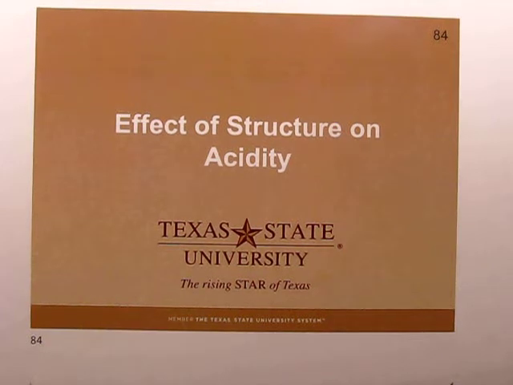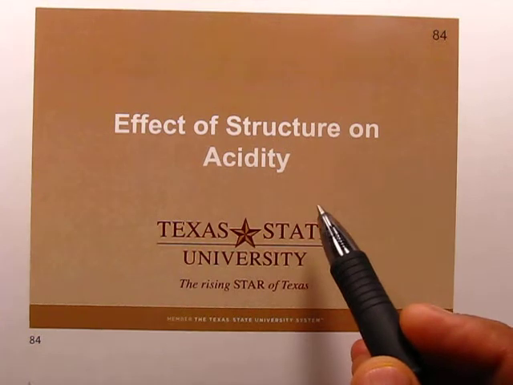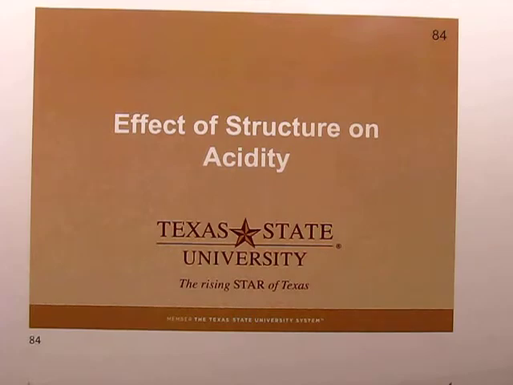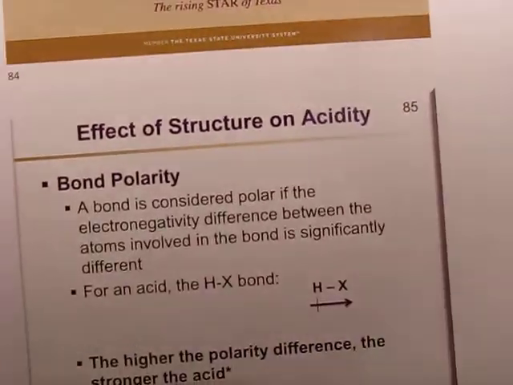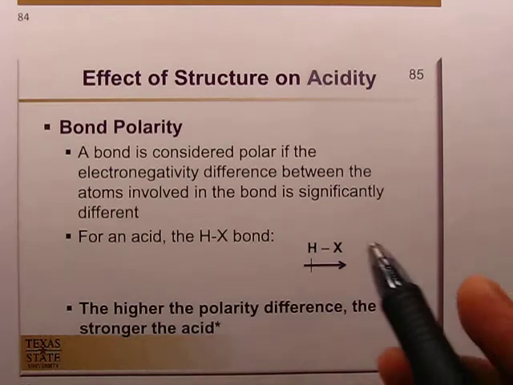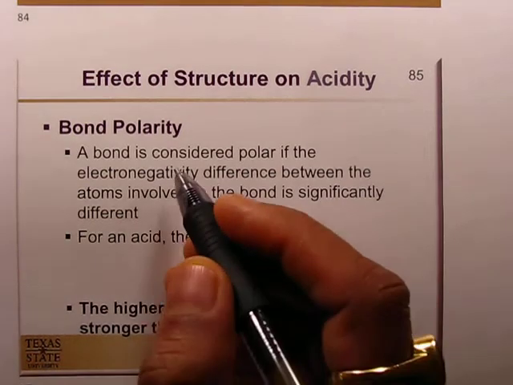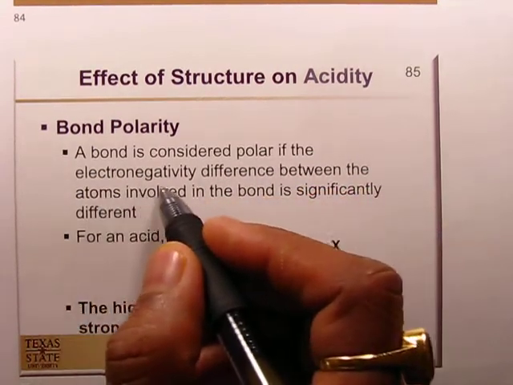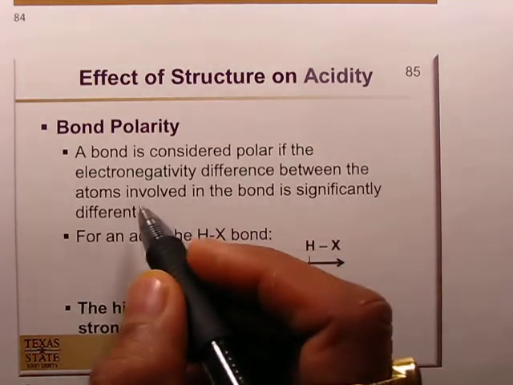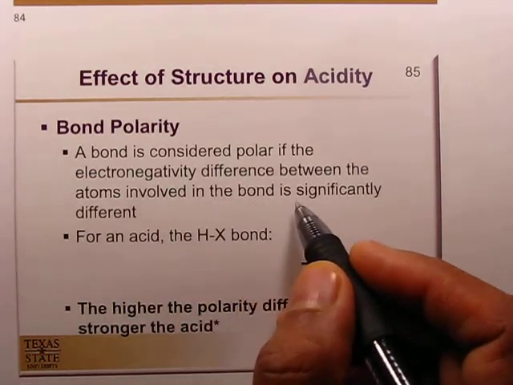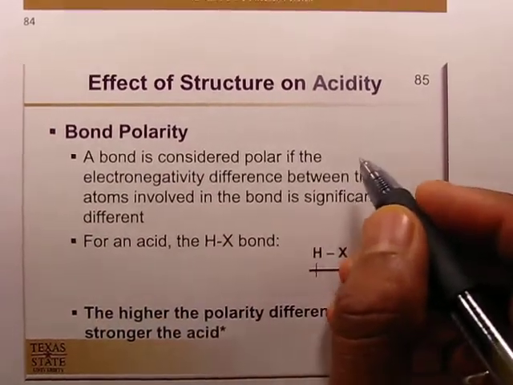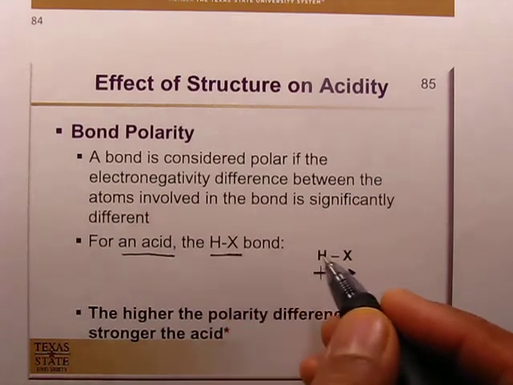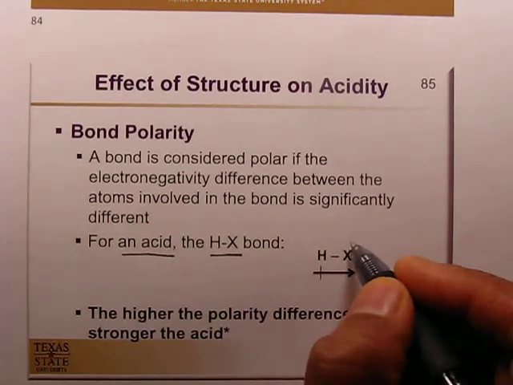So in this video we will study the effects of structure on acidity, how the chemical structure produces different types of acidity. First is the effect of structure on acidity: the bond polarity. A bond is considered polar if the electronegativity difference between the atoms involved in the bond is significantly different. For example, here is an acid which has an HX bond, and usually the right hand side